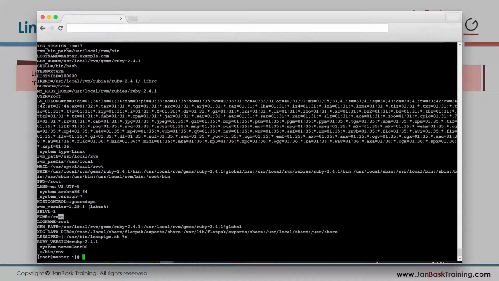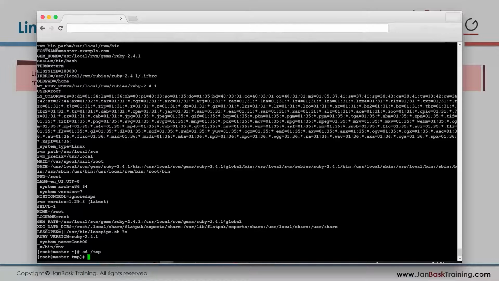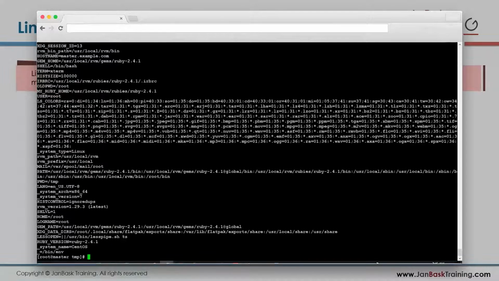Can you see here? HOME is root. Now if I change my location from home to tmp and issue the command, can you see in my previous output the HOME variable had the value root. Here I jumped from home to tmp. Now if I issue the command env, now see,